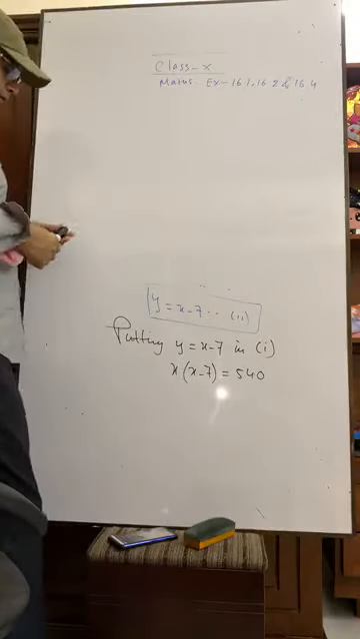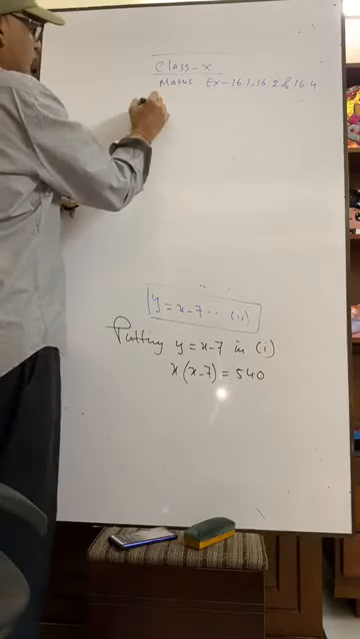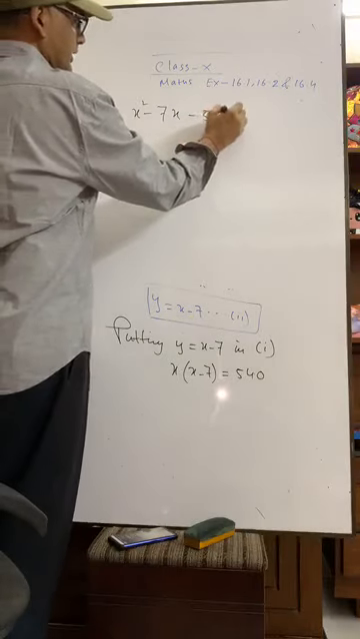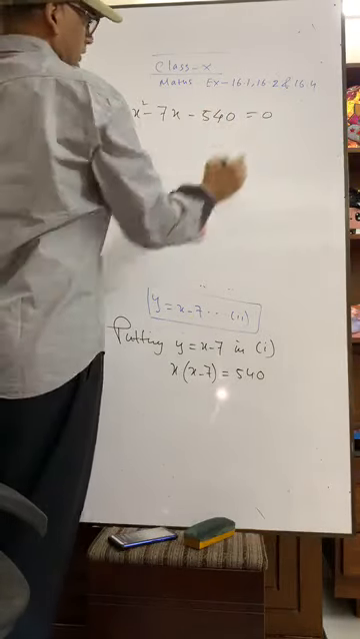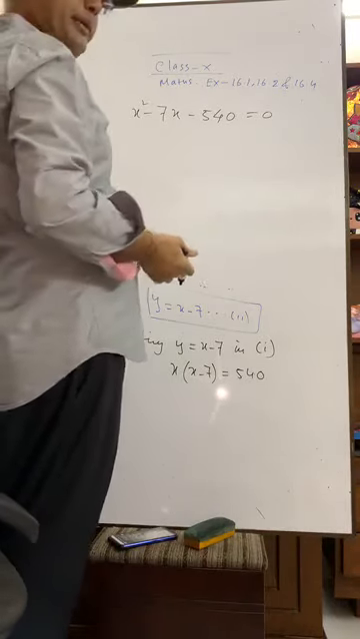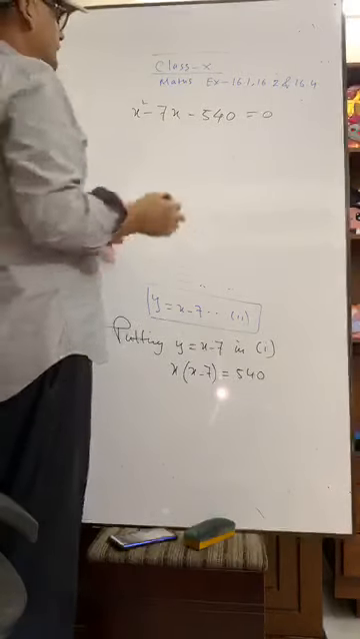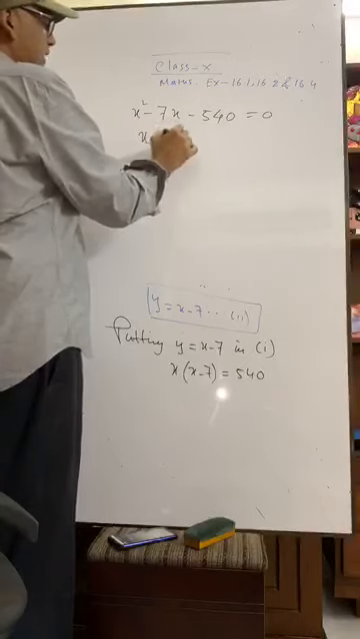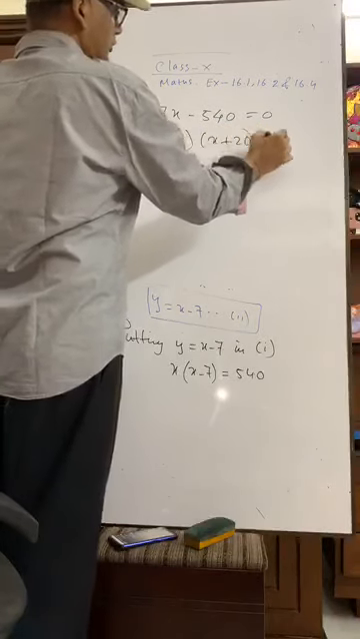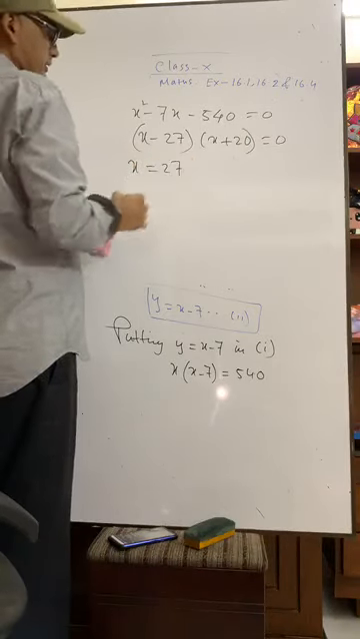From here we can write x square minus 7x minus 540 equals 0. Now use the calculator to get the value of x. It is 540, 27 into 20. That means you will get x minus 27 and x plus 20 equals 0. That means here x equals 27 because